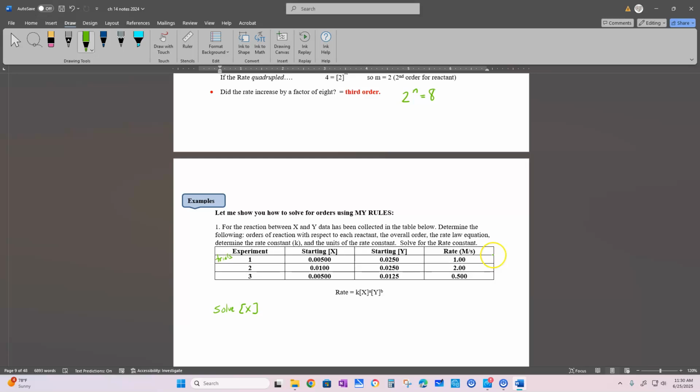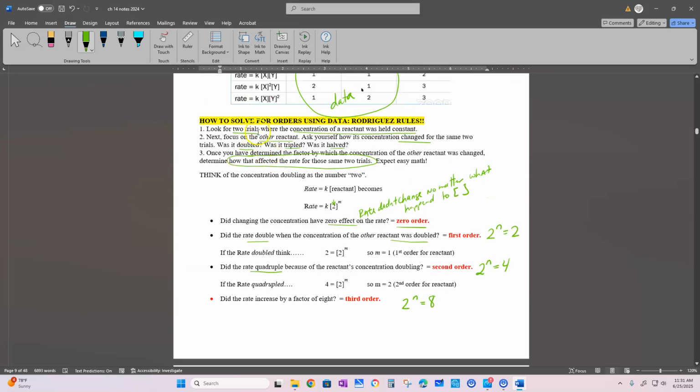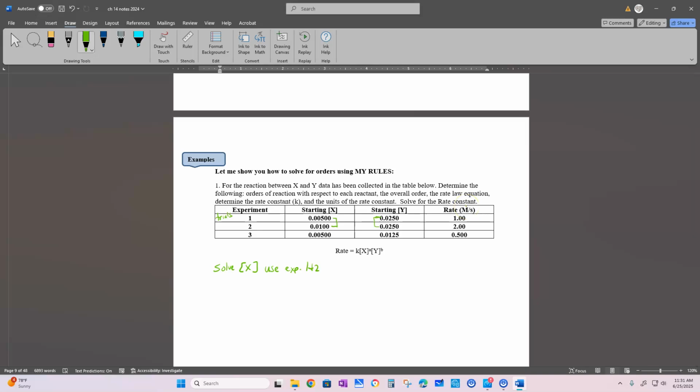So if you notice right here for Y, these stayed constant, okay? So I'm going to use experiments 1 and 2, okay? So I'm going to use these 2. So one of the concentrations has to stay constant. Now focus on the other reactant, aka X. Ask yourself what happened to concentration and how did it affect the rate, okay? So I'm looking at these 2 values and then I'm going to look at what happened to rate. So what you do is you put the bigger number, so this is the concentration, over